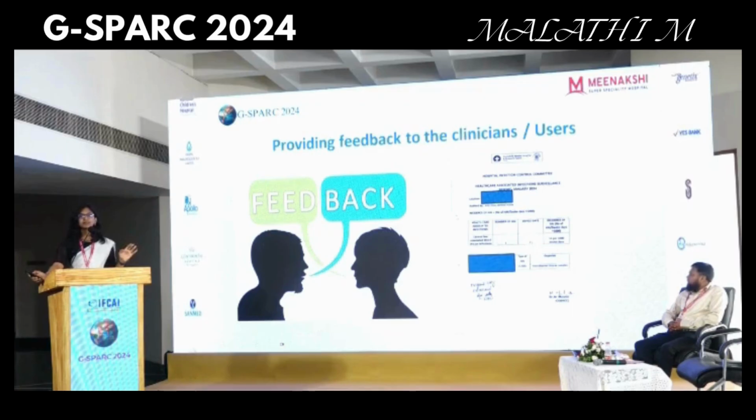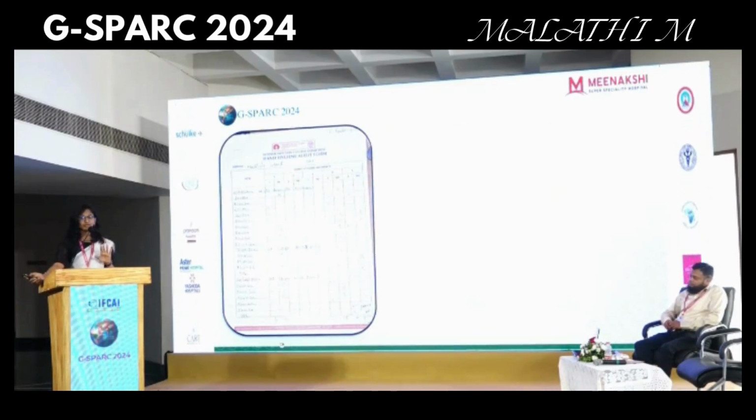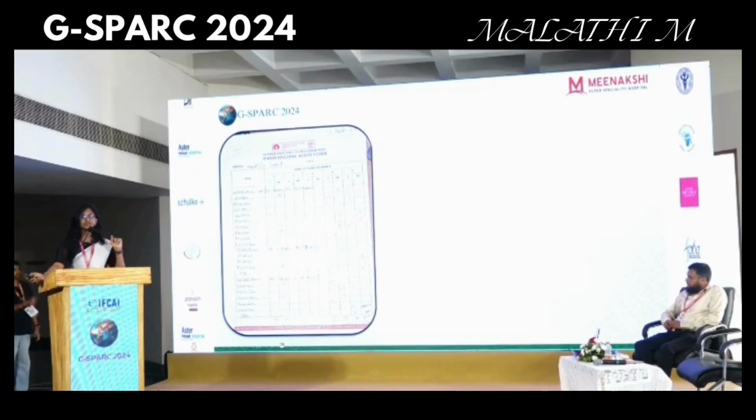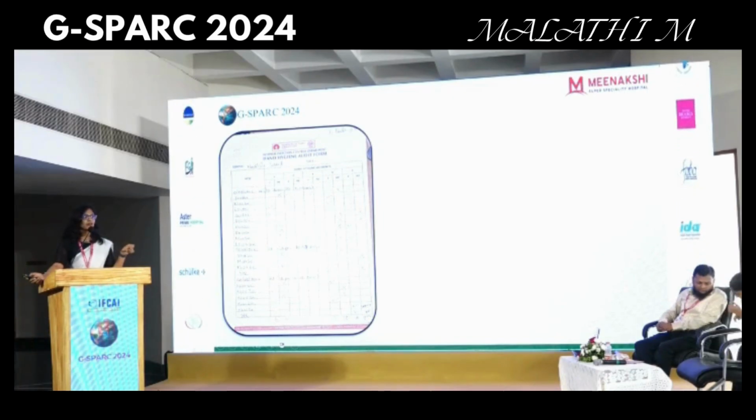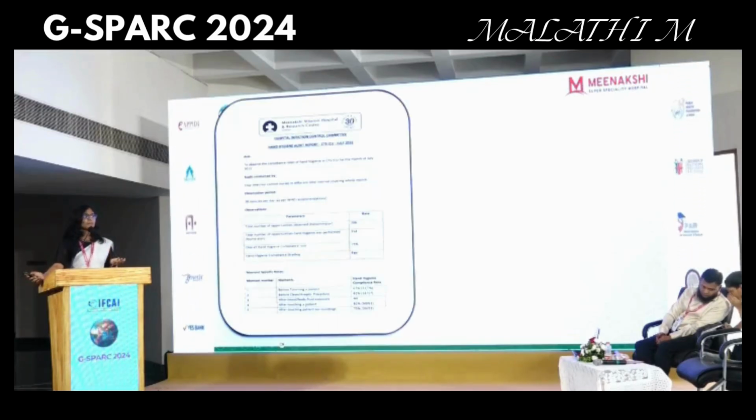Give feedbacks. So this is one of our data. We give individualized feedbacks to each area, to each ICU, each oncology unit. All the hand hygiene, this is a raw audit sheet. You have to use the WHO audit sheet, which we have slightly modified as per our protocol. But if you are convenient in using the WHO hand hygiene audit form, you can readily download and use it. Prepare